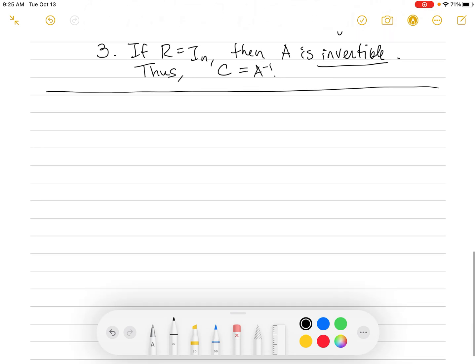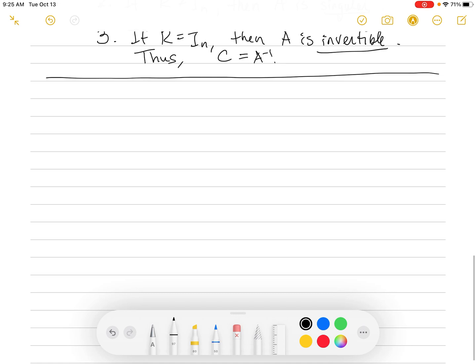where we actually calculate inverses or determine invertibility. Exercises. Determine if A is invertible